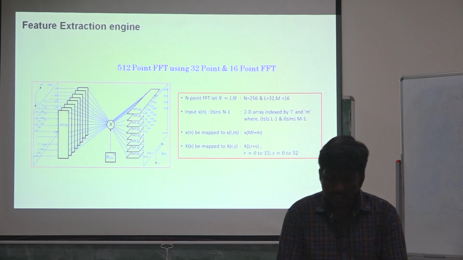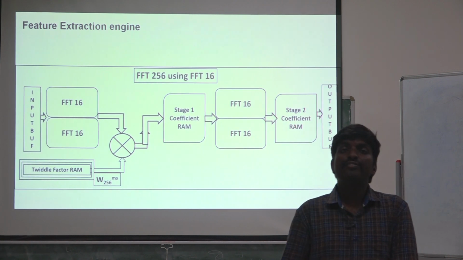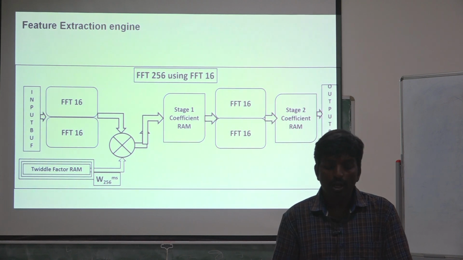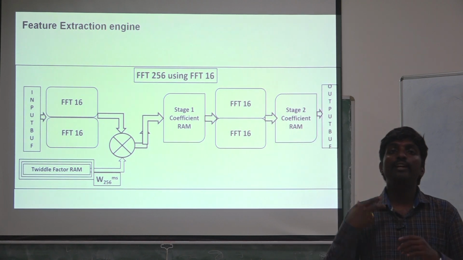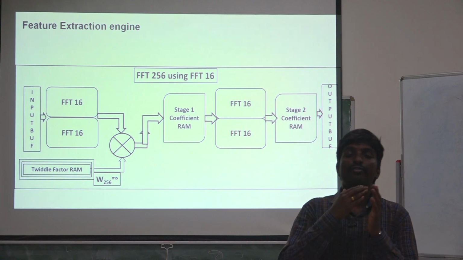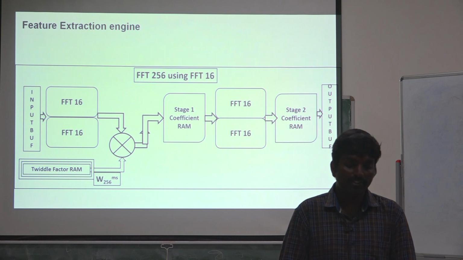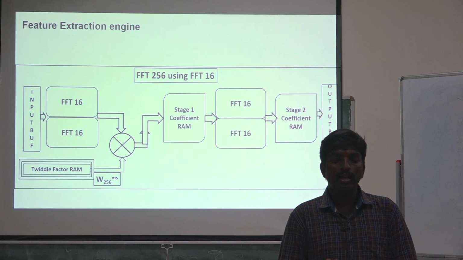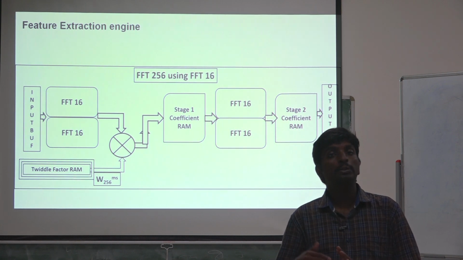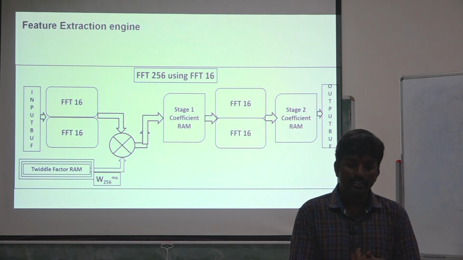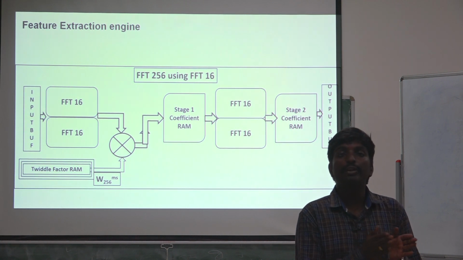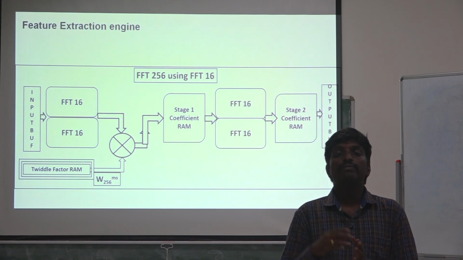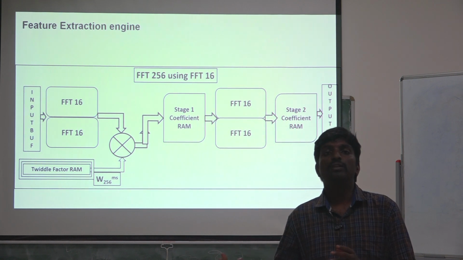To read these 4 samples per clock, for the FFT function, for the butterfly, we need 2 samples per butterfly. So we are trying to do 2 different FFT or 2 different subframe computations. The FFT 16 on the top is doing one subframe computation, and the FFT 16 on the bottom is doing some other subframe computation of FFT 16. So from the input buffer, we read 4 signals at a time for the first stage of the FFT function, which is doing 2 subframe computations.